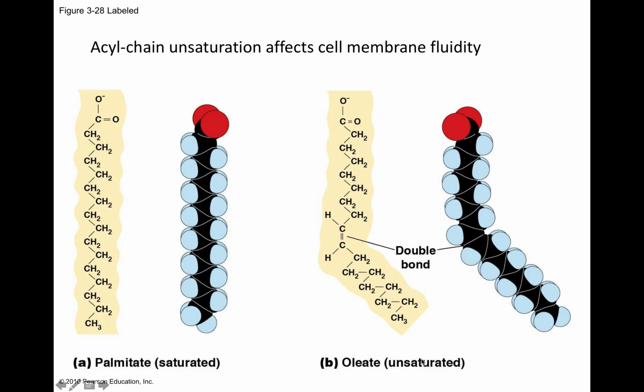This term saturated versus unsaturated: if you look at this molecule here, it has the maximum number of hydrogens. Each of these carbons can have 2 hydrogens, and it does. If you look at this one, this carbon has just 1 hydrogen off of it, and this just has 1 hydrogen off of it. So it's not saturated with the total number of hydrogens it could have. It's unsaturated in terms of total hydrogens it could have.